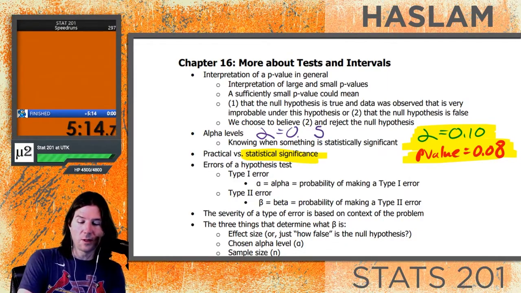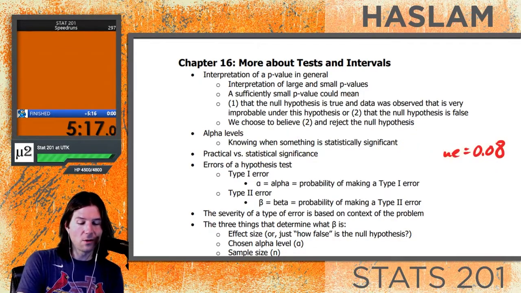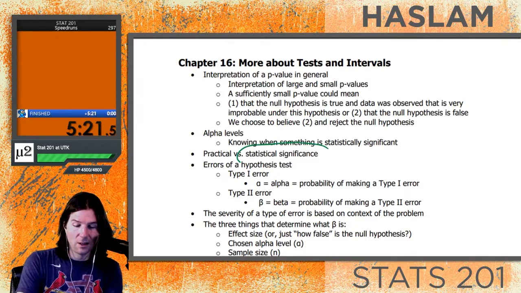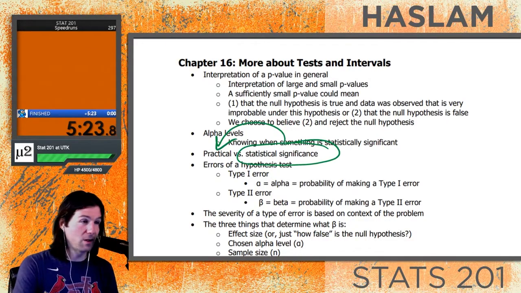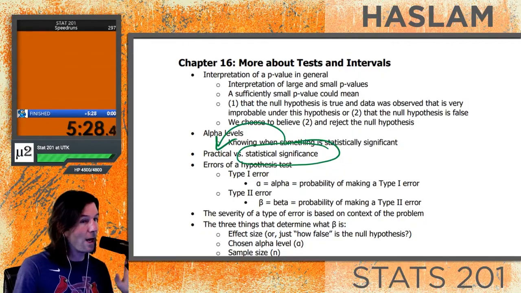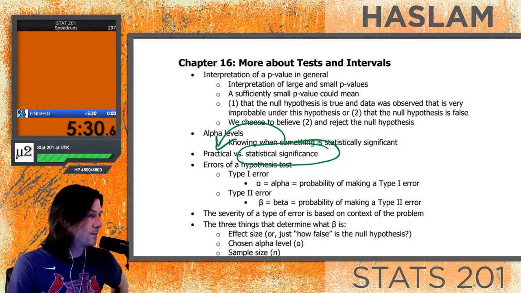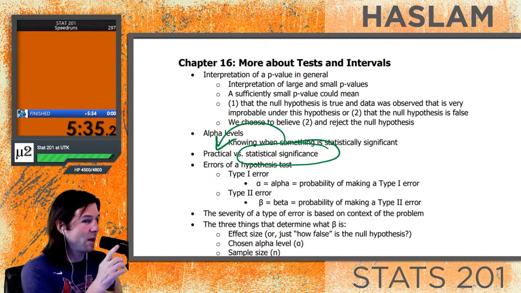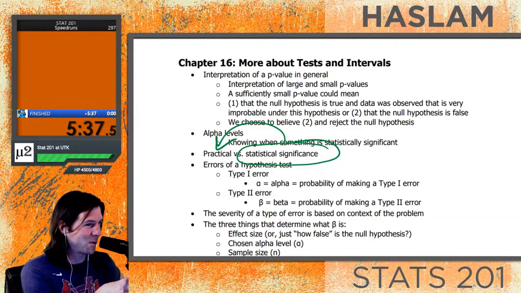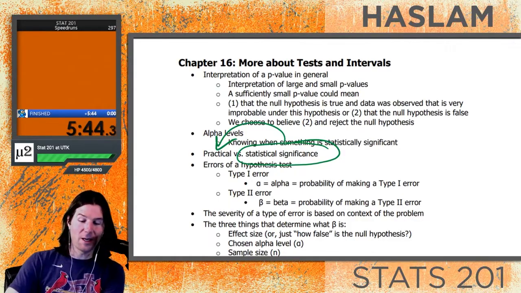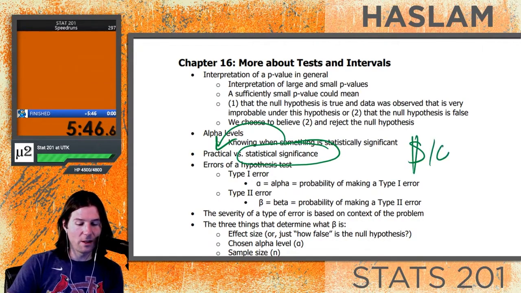But the hard one to do right here is the practical significance. One, you need statistical significance to get practical significance. So you have to have statistical to have practical, because it has to be unlikely by random chance. But the practical significance is the literal, do I care about it? So if I told you that going to a seminar could increase your salary, and we have good evidence of this, it's unlikely by random chance, your salary when you graduate UT by $10,000, like the average student who goes to this seminar increases their salary by $10,000 when they graduate.